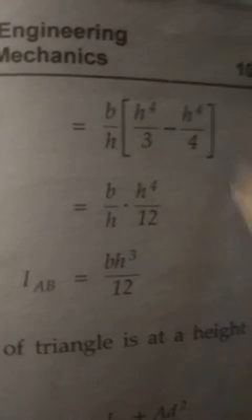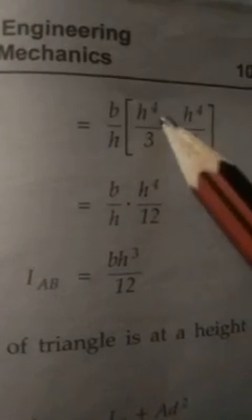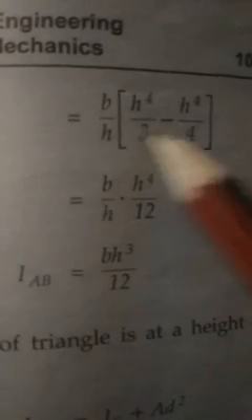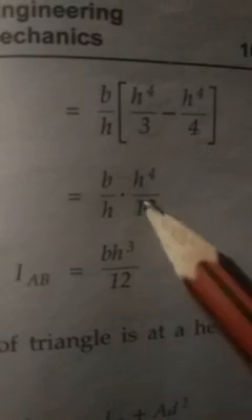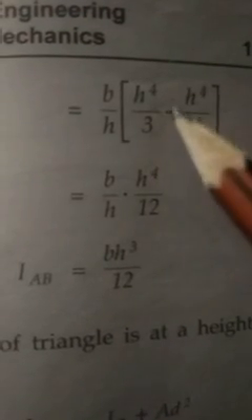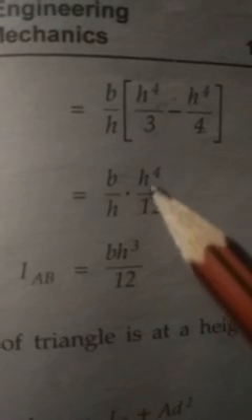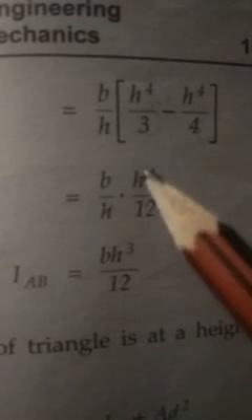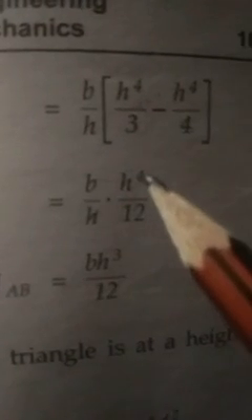So finally this equation reduces to h to the power of 4 by 3, minus h to the power of 4 divided by 4. Take the LCM of 3 and 4, it will become 12. So 12 multiplied by each term, you do it. Finally you will get h cube into h to the power of 4 divided by 12, then h you cancel, this h to the power of 4 will reduce to h to the power of 3. Finally it will become h cube divided by 12.